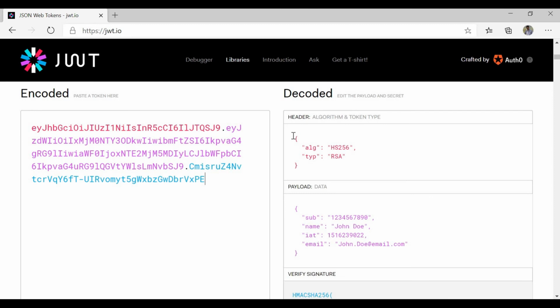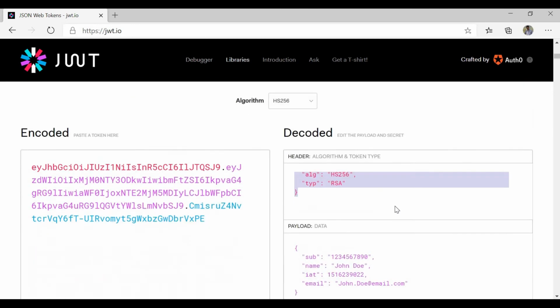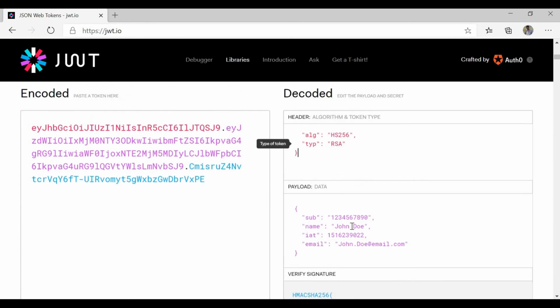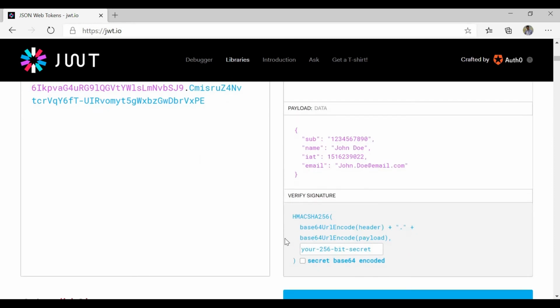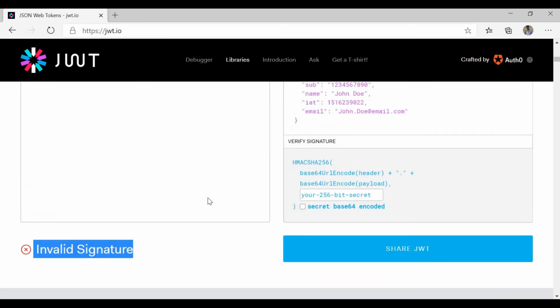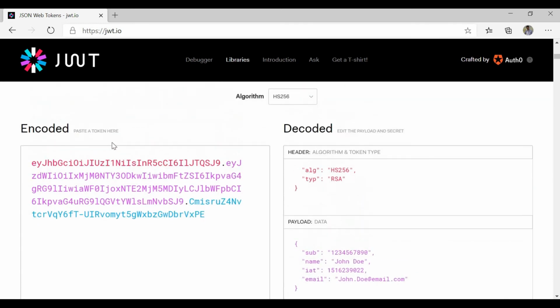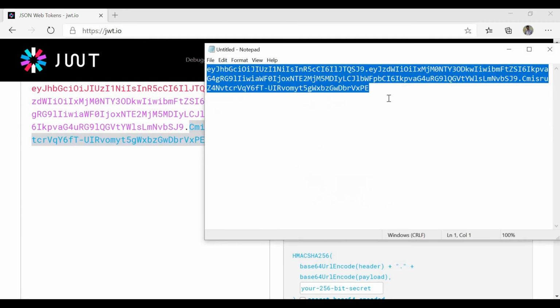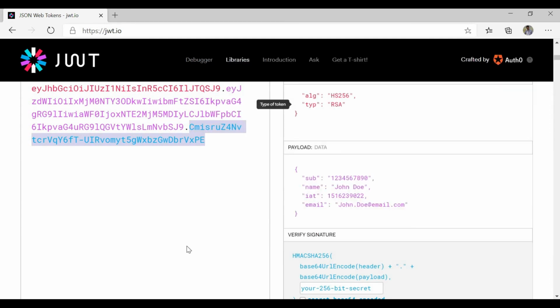You can see the header value remains the same, the payload remains the same, all the values you created you can see. So when you put the token, you can see the values of the header and payload, but the signature is invalid. The system is not able to validate the header value and the payload value against the signature portion. The reason is we have created this token with a different password. So this is the key point of JWT.